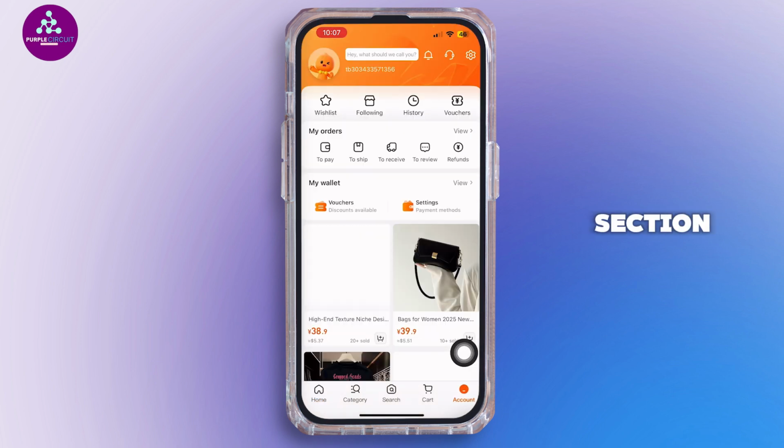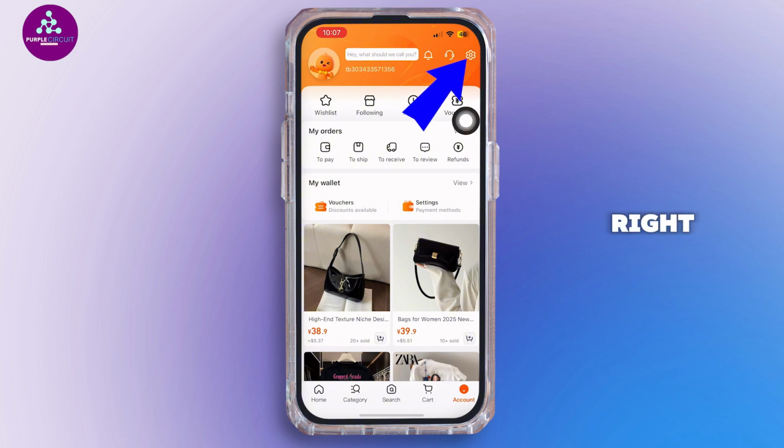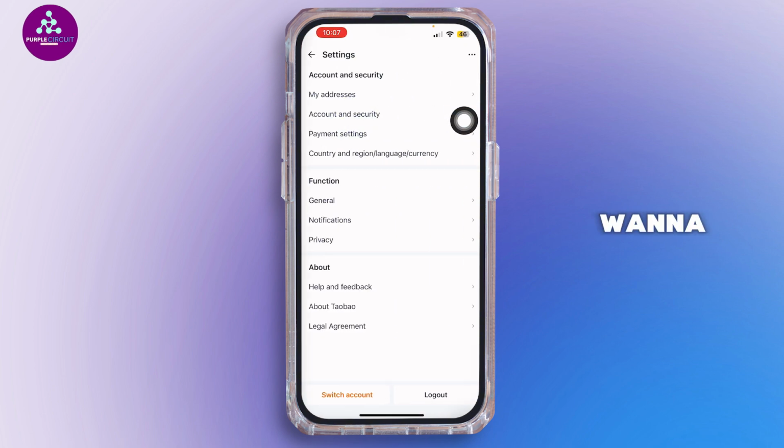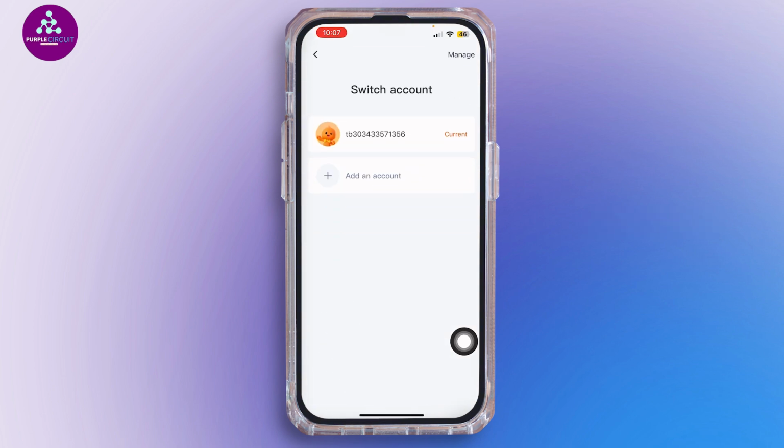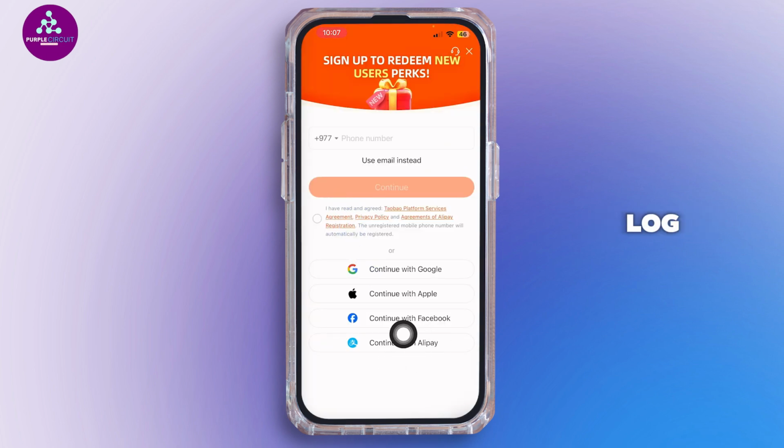Once you're inside the account section, tap on the gear-like icon at the top right corner, and inside here, you want to go ahead and tap on switch account. So from here, you want to go ahead and tap on add an account and then log in to Taobao with Alipay. Set up an Alipay account by entering your phone number, and just like so, it links and verify